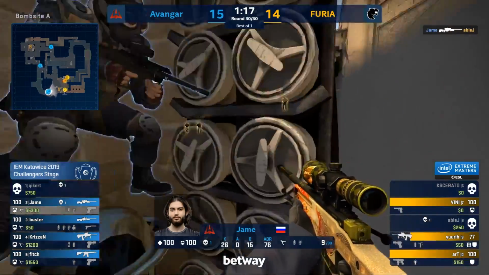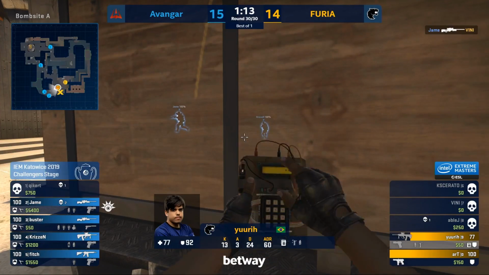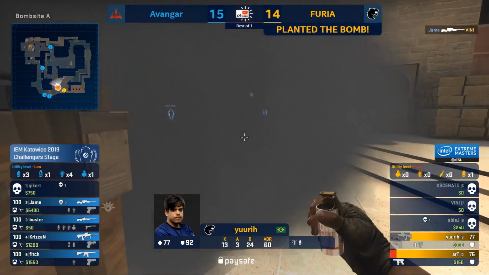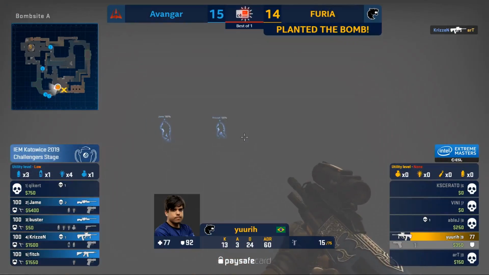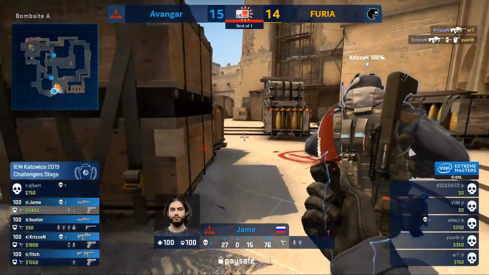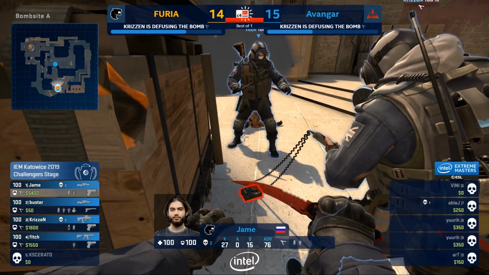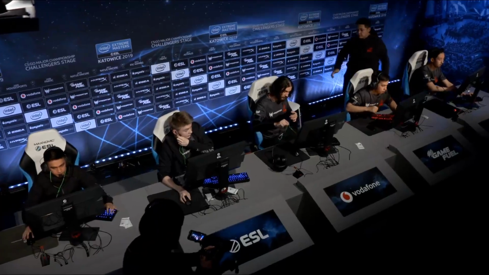Stopping them in their tracks as they try to cross over into the site right now. A huge shot from Jame, takes down Vinny, and this one is not smelling good if you're a Furia fan. I hate to say it, Krizen grabbing another one, that is all she wrote. The defuse will come in with conviction and with relative ease. Avangar taking it 16-14. We had to go all the rounds